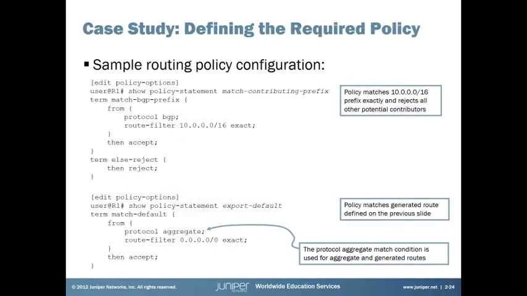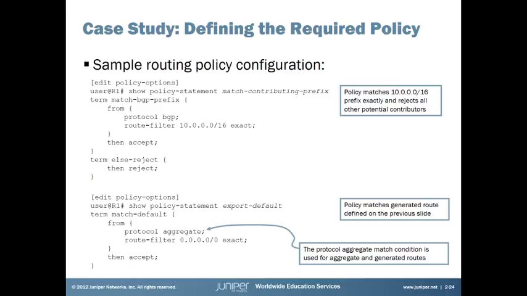It's all good. And here's our policy configuration, because remember with a generated route, it's always some kind of policy or situation we're evaluating, and this is it here. So under edit policy options, this is a term called match BGP prefix from protocol BGP route filter 10.0.0.0/16 exact then accept. Term else reject says then reject. So what we're saying is we're filtering on this particular route. Our upstream ISP is going to advertise this route to us, 10.0.0.0/16,